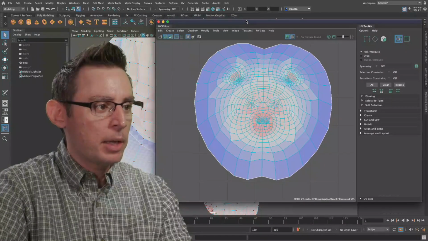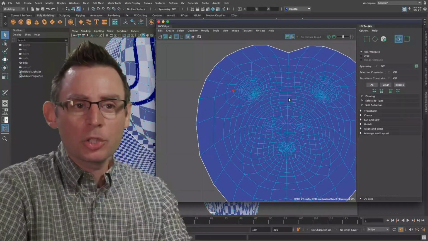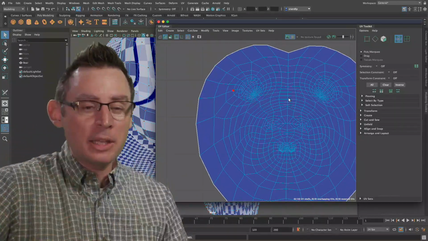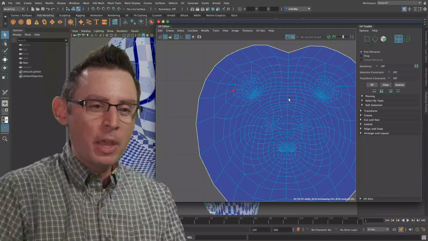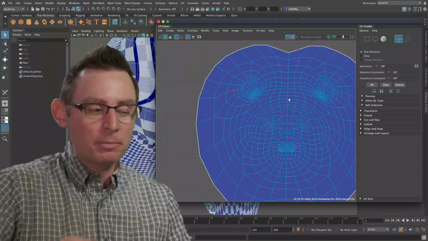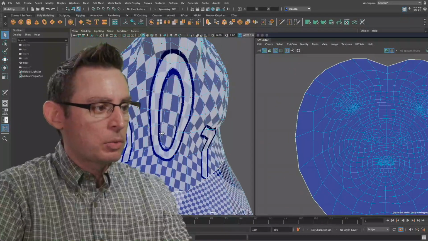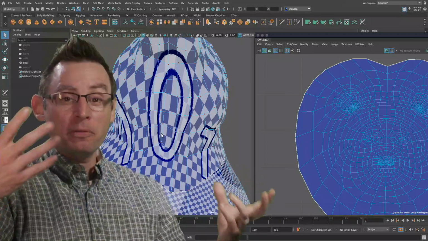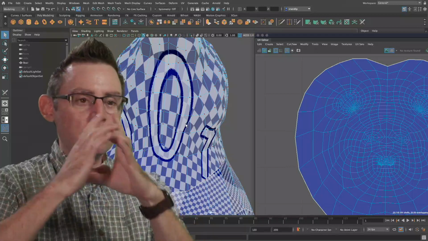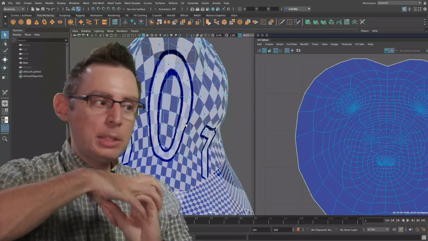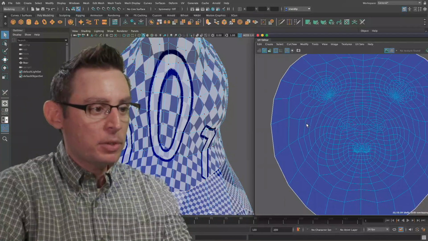I'm going to go back into my UV editor here. Just temporarily, I'm going to turn off my distortions just to make it a little bit easier for me to see the edges of my UVs. And I think what I'm going to do here is begin to experiment with some different seam placement for my model itself. Now I'm going to leave the check pattern on because the check pattern does a really great job of defining some of the warping and distortions. Look down underneath. This is the number 0, and it's being wildly warped and distorted at the bottom of the mesh itself. So let's fix that.